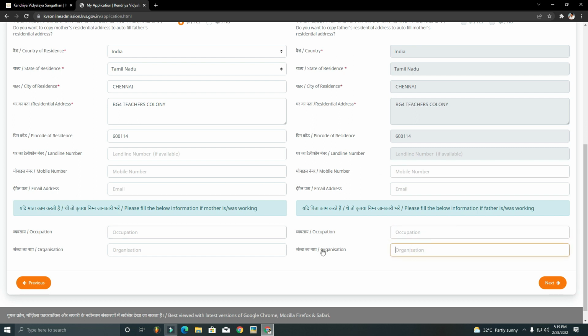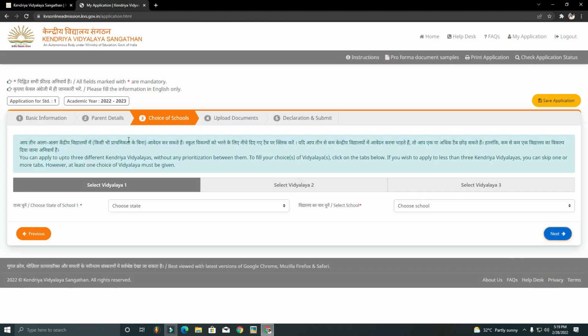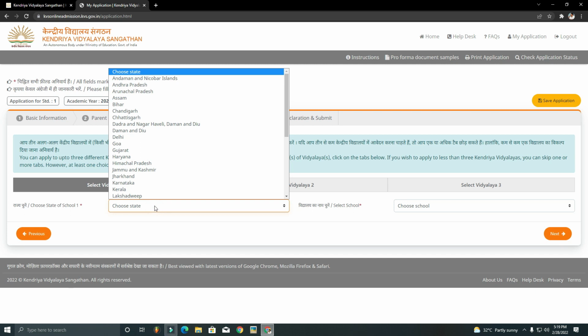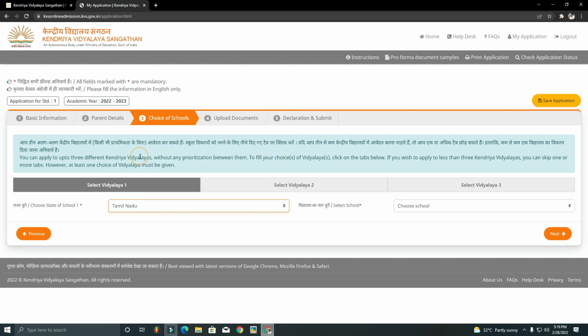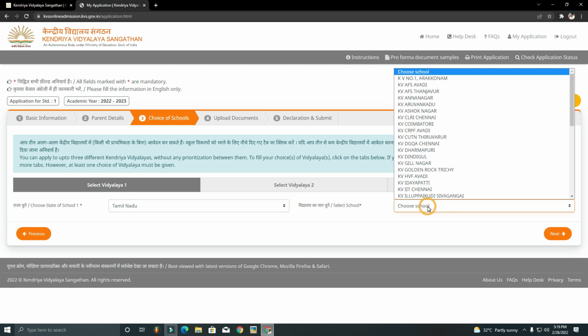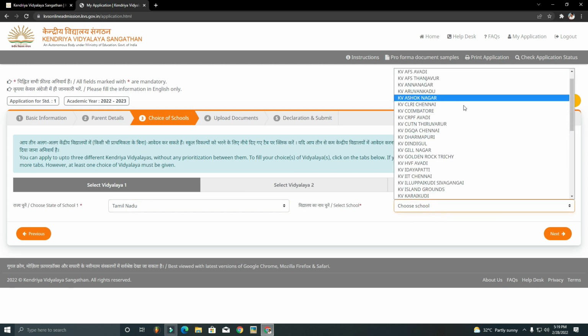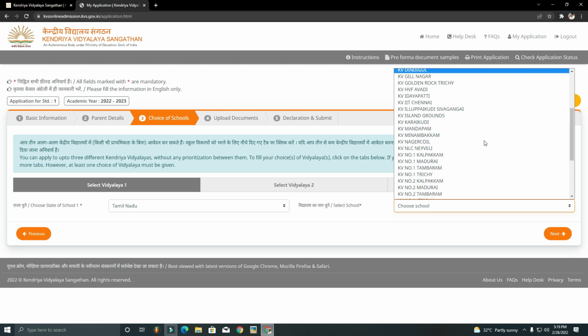After entering these details, the next step is choice of school. Actually, you can select 3 schools. Select school 1, 2, 3. For example, first you have to select the state, which state you belong to. Suppose Tamil Nadu, you can select Tamil Nadu. Here all the Tamil Nadu schools will be available on the right hand side. You can find the schools